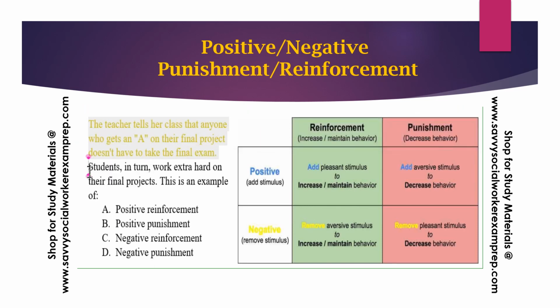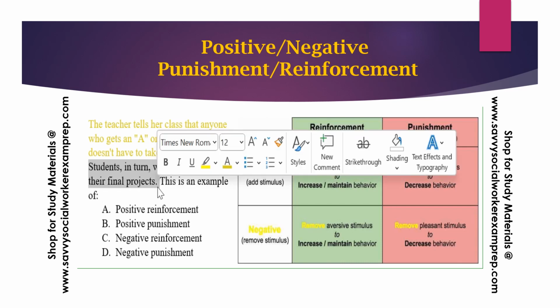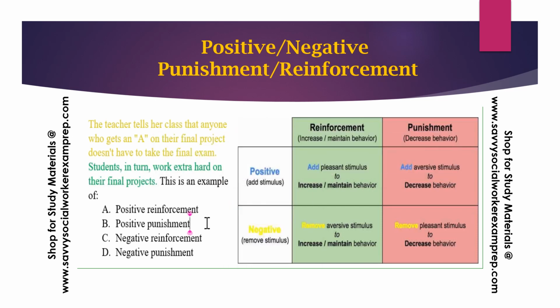The second part, the students in turn, they start working extra hard. So this is a behavior that we want to see increased. And so they start increasing their behavior. They start working extra hard. So when we put this negative, that means we're going to cross out both positive options because we see that something was added. And then, of course, it's on the go side because this is a desired behavior. So it's going to be reinforcement. So negative